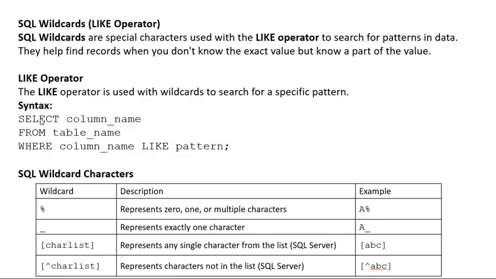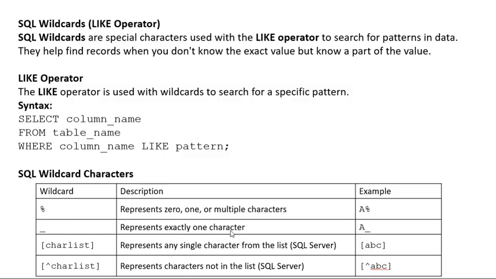The syntax is SELECT column names FROM table name WHERE column name LIKE, followed by the pattern, and a semicolon. For wildcard characters, first is the percentage sign, which represents zero, one, or multiple characters. For example, after a letter, if multiple characters are to follow, use a percentage sign. And the underscore represents